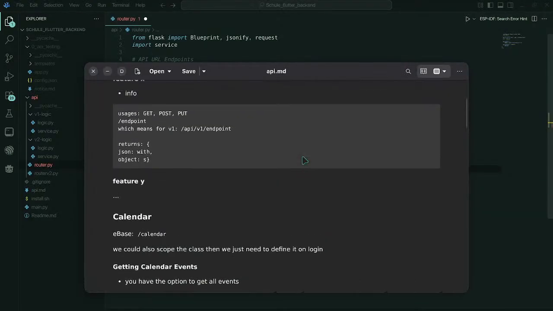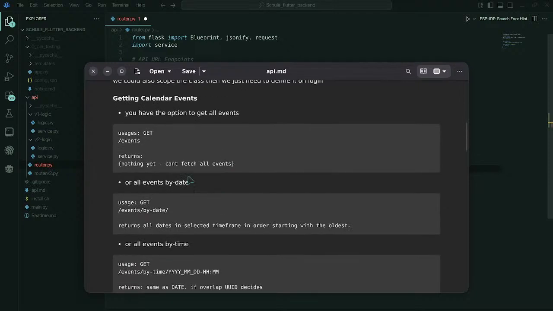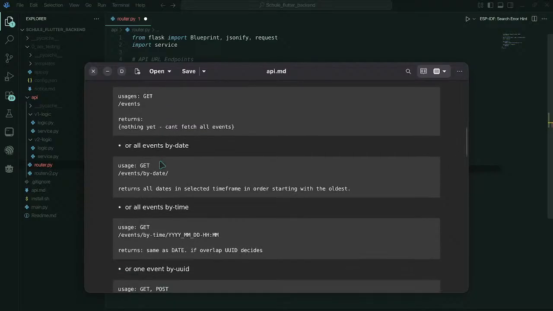Because I think slash events returns nothing, because we cannot fetch all events. We also always have to fetch by scope, so we are always expecting the Vera token in the header,